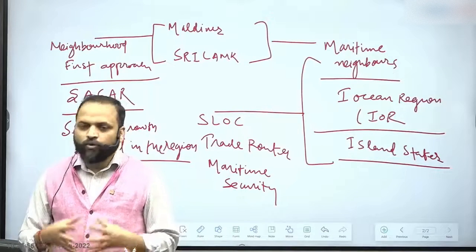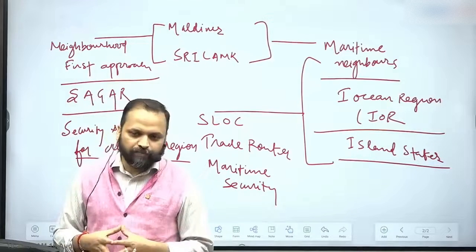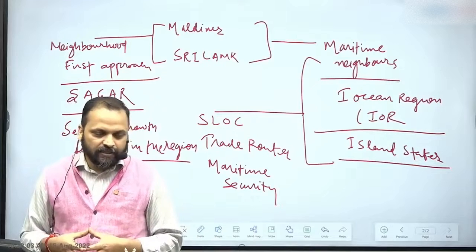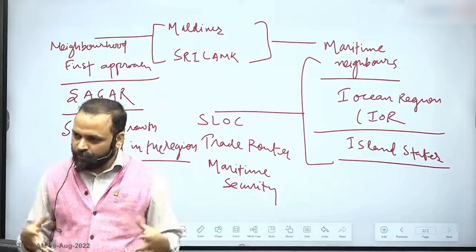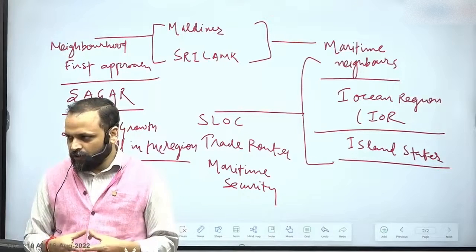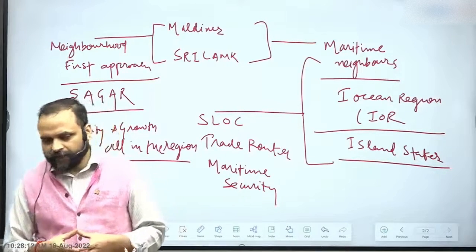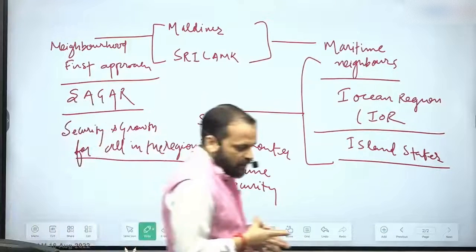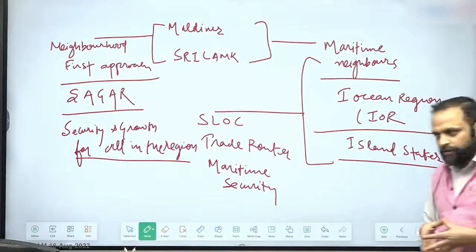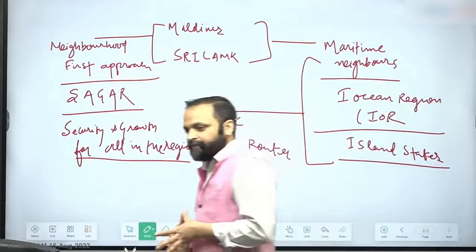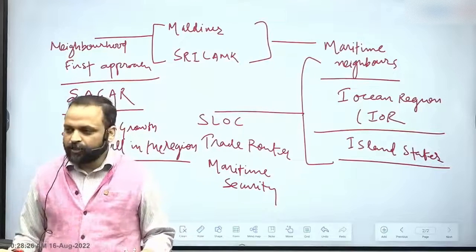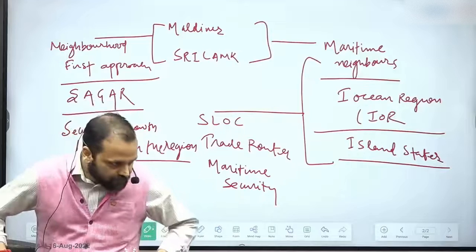And then more and more trade is now ocean based. More and more import of energy is ocean based. So then largely oceans would become important in the foreign policy of countries. We are seeing it all around us, and we find that the importance of strategically located islands for countries would also rise. That is something that is happening, right? This is something that people had theorized about quite some time back.